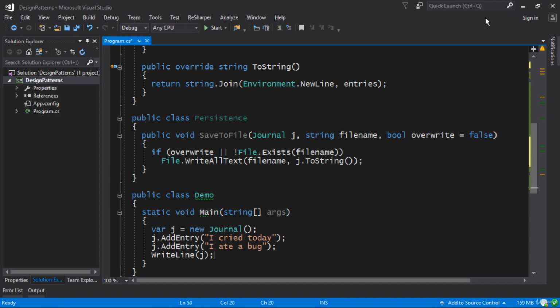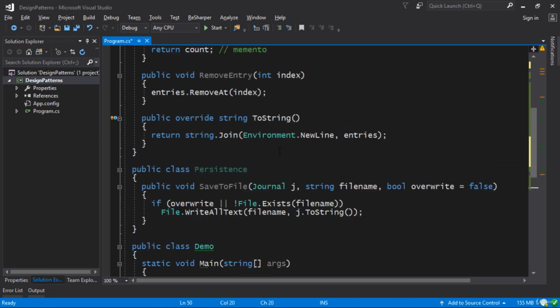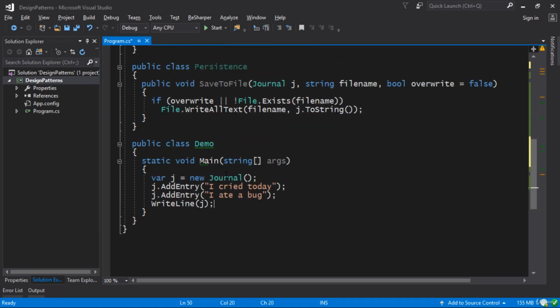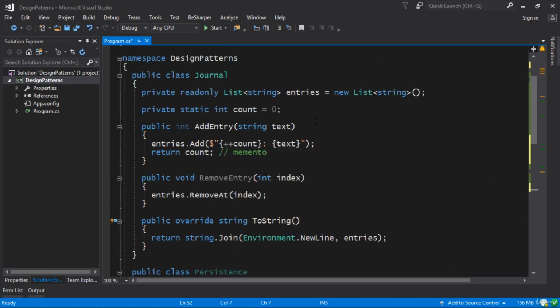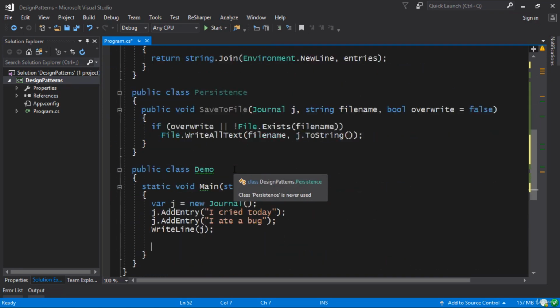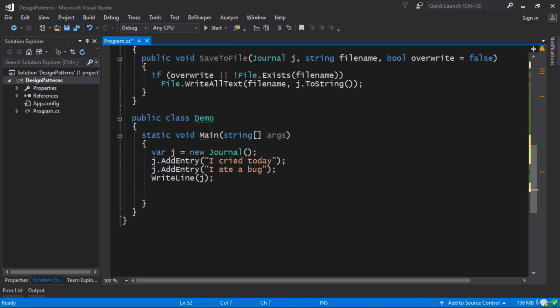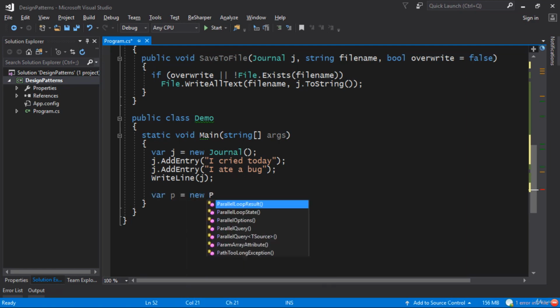So now we need two classes for persisting a journal, not just the Journal itself, but also this Persistence class. But the consequence and the kind of side effect of this is that you now have a separation of concerns. So the Journal is concerned with keeping a bunch of entries, and the Persistence class is concerned with saving whatever object it's being fed, whether it's a journal or something else, to a file or maybe to some web storage somewhere. So you would say var p equals new Persistence,